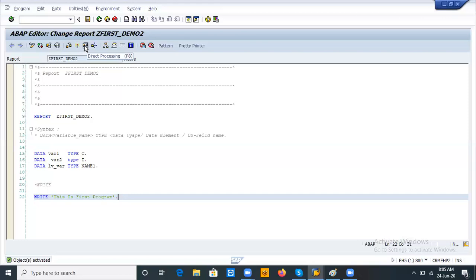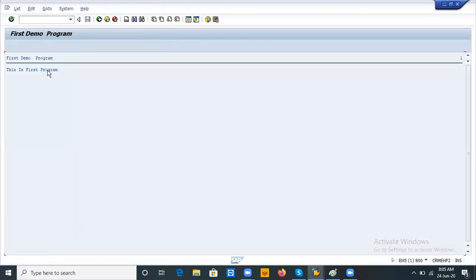If you click direct processing, then it will execute. See, the title we provided in the first demo program will come here, as well as at the top also.